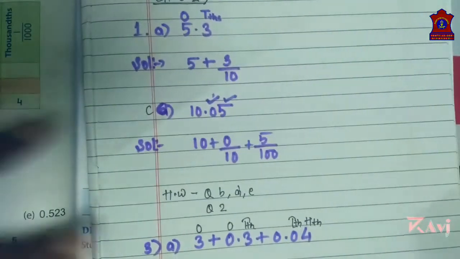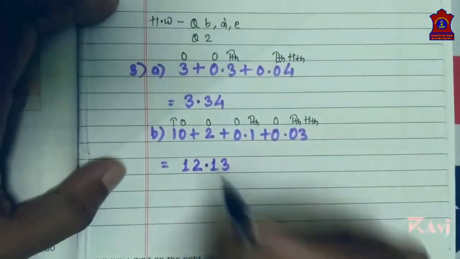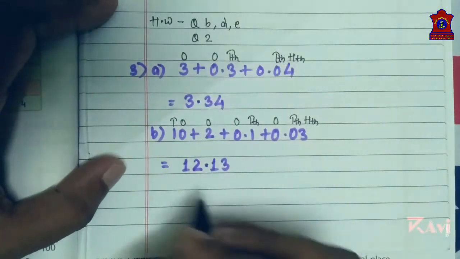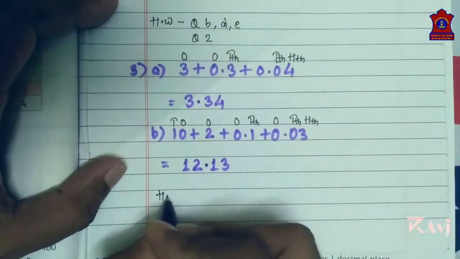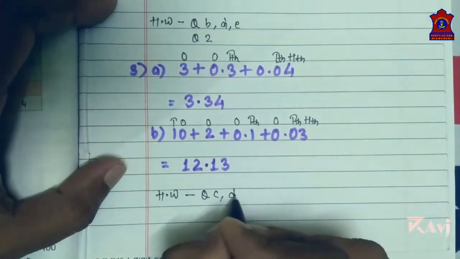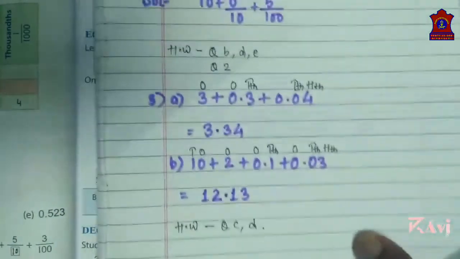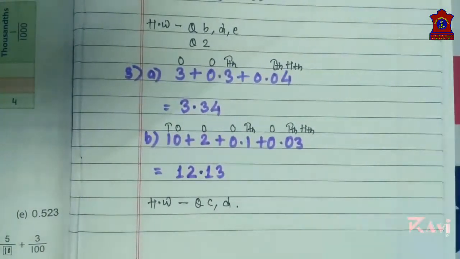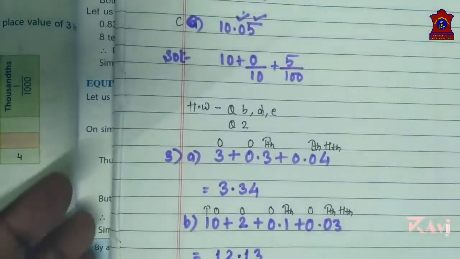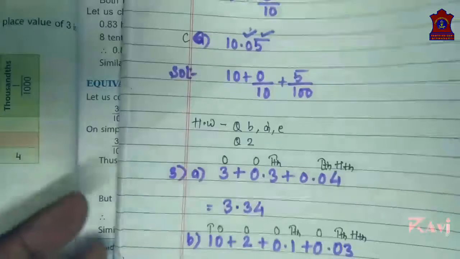Next, you will be doing the rest of the questions, C and D, as practice. Okay, question number C and D. Clear? You can verify your answer from the back, and the students who don't have their books with them, for them I have already forwarded you the answer key. Clear? Look at that answer key and verify your answers.